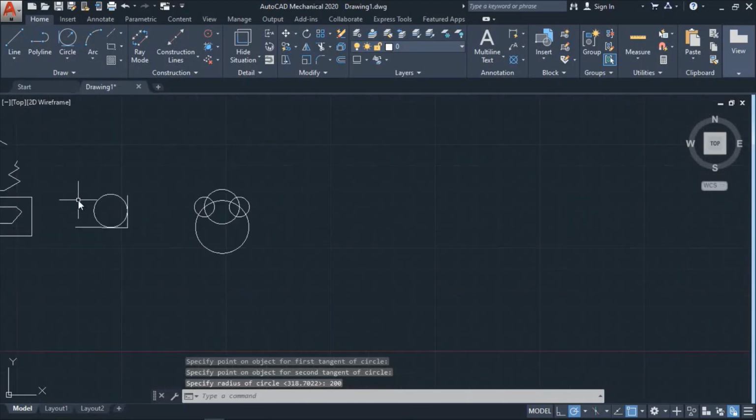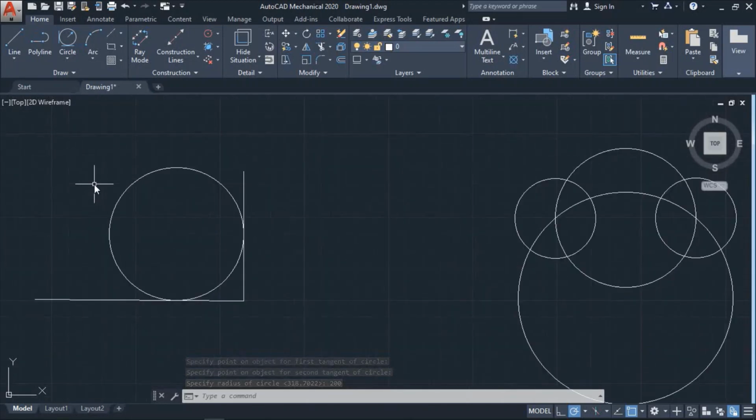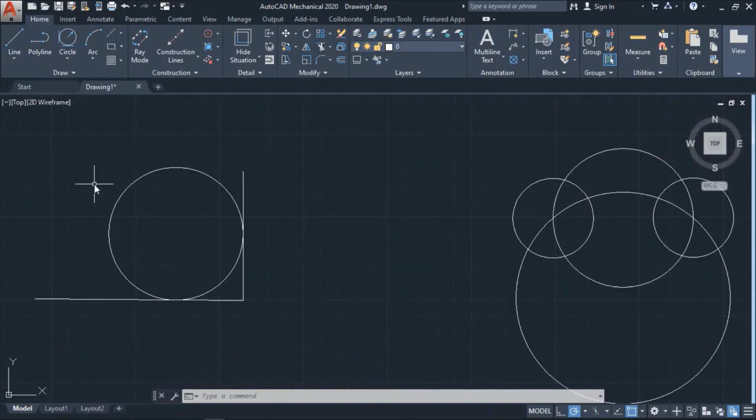Okay, let me explain it again. Tan radius, it's like we have two lines, first one, second one, and we have the radius of the circle. So for this selection we have to select the first line, that's going to be tan, then the second line, that's going to be second tan, and the radius of the circle.